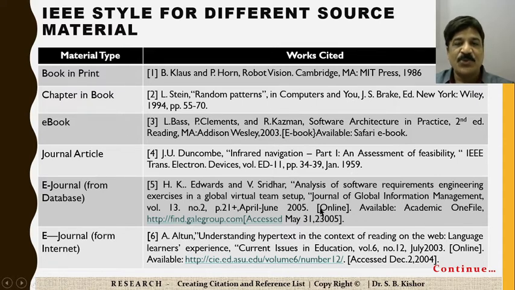So remembering this entire format is very difficult. Okay, where to give a comma. If it is online, you need to write here online journal. Then you need to specify the date on which you referred to that particular website. Okay, so these are the things that you need to specify while specifying the citation. So remembering citations based on material type is very difficult. So let's see some of the material types: book in print, chapter in book, e-book, journal article, e-journal from a certain database like Scopus. These are from the internet.